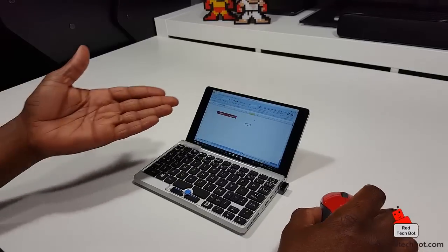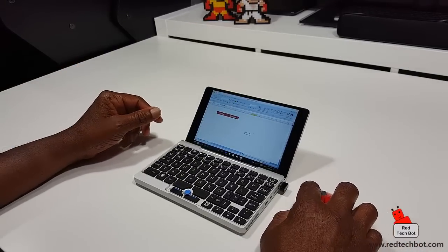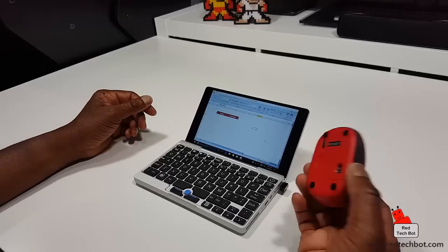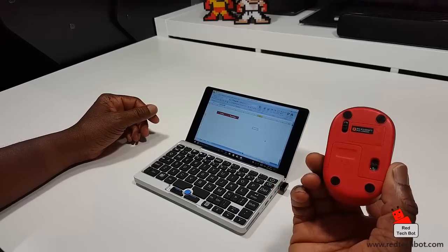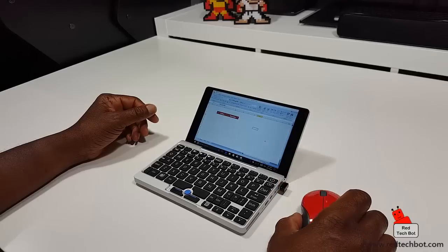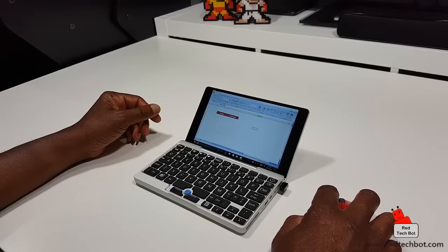So, one of my favorite apps on this is Excel. Again, if you're looking for a great productivity tool, this is Excel. I normally use a little mouse. I have a little wireless mouse here, a little Logitech, the M187. I'm just using that with the GPD Pocket here,